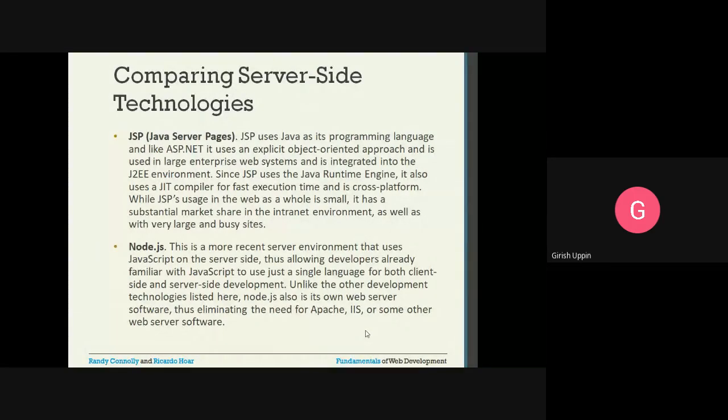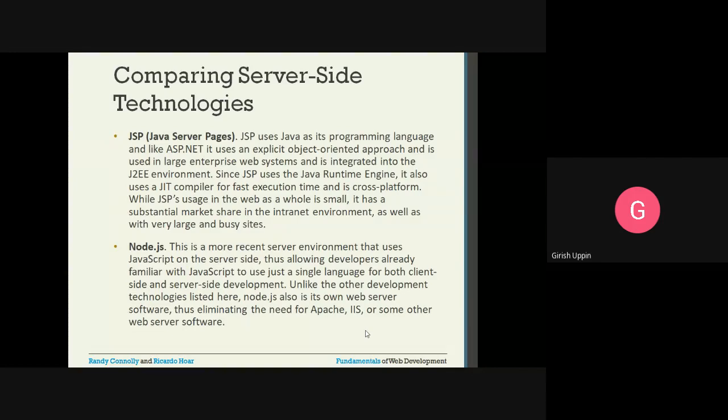J2EE is the Java 2 Enterprise Edition environment. Since JSP uses a Java runtime engine, it also uses a JIT compiler for fast execution time and is cross-platform. While JSP's usage on the web as a whole is small, it has a substantial market share in the intranet environment, as well as with very large and busy sites.